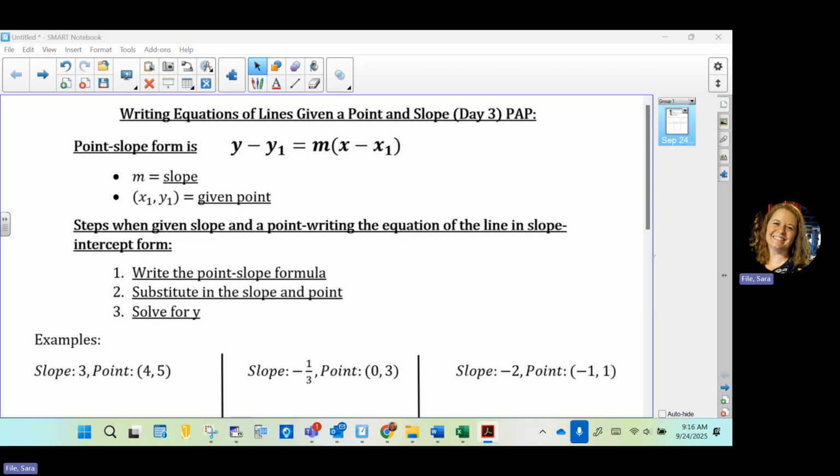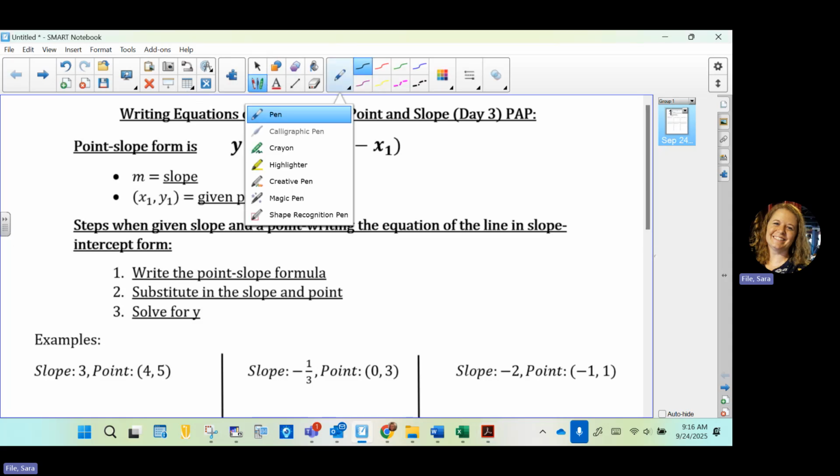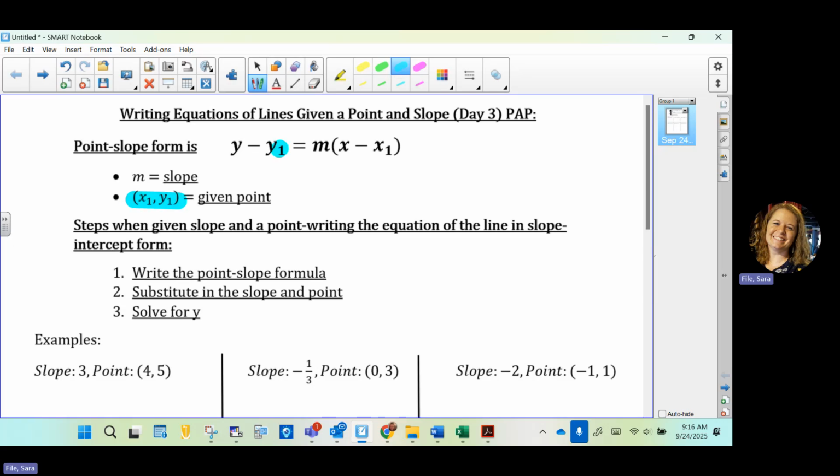Thank you. And what we're looking at is going from point slope form to slope intercept. So point slope is when you're given a point that's not the y-intercept, because if we are given the y-intercept, that's slope intercept. That's y equals mx plus b. Okay, so if we're given the slope and some point that the line passes through that's not the y-intercept, we can input that ordered pair, that x and y, whatever it is, into point slope